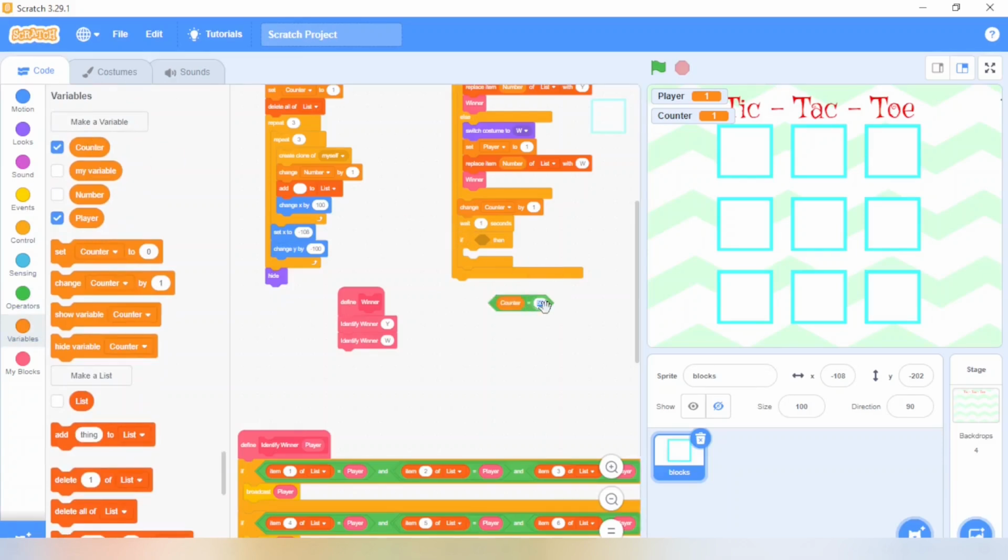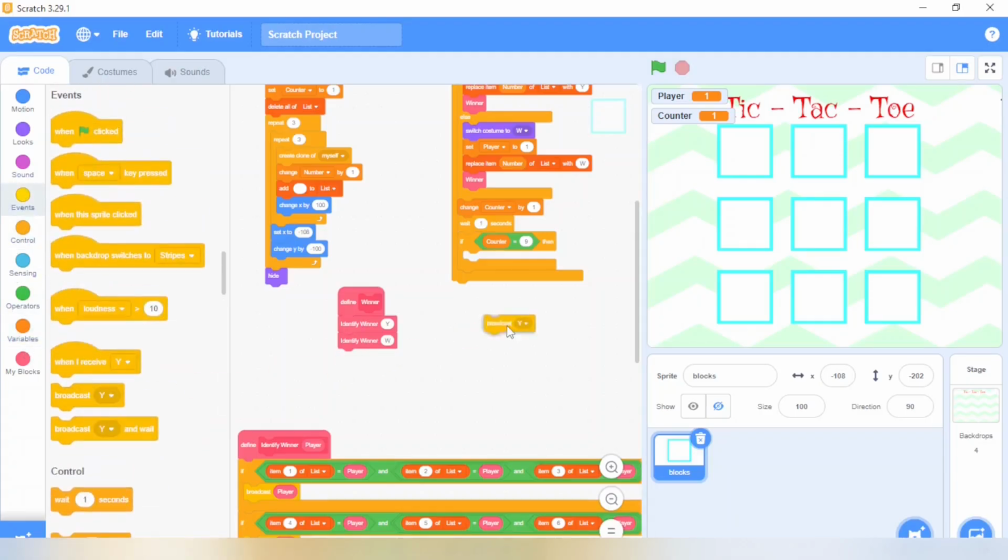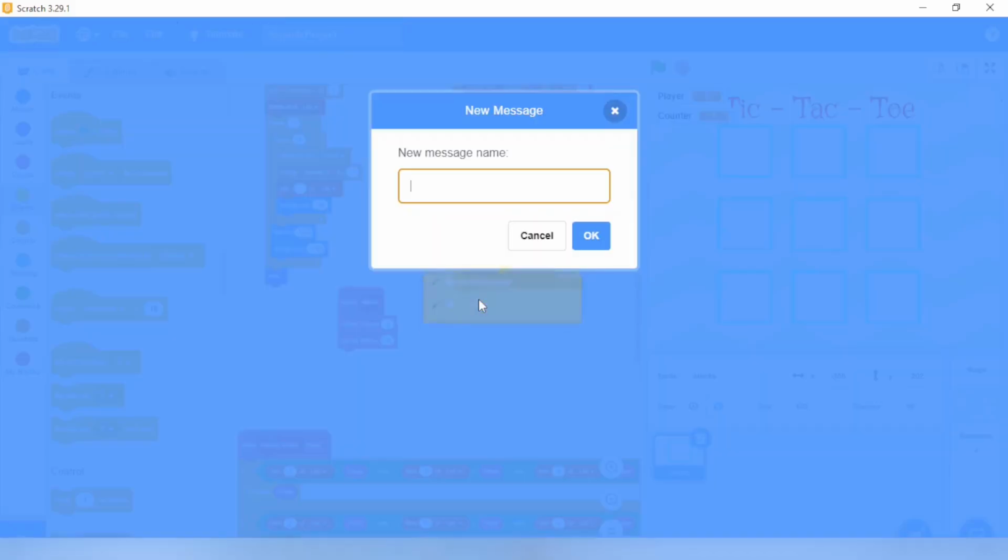If it is equal to 9, it means all blocks are filled with the cat faces. What should happen? It should broadcast draw. Go to event block, broadcast, will take new message, draw.